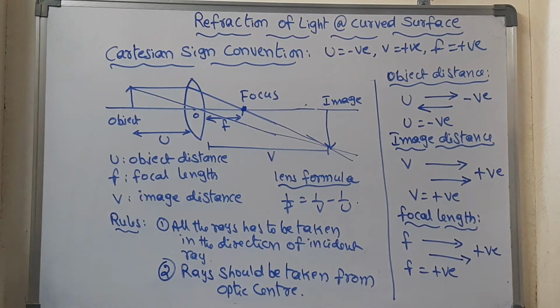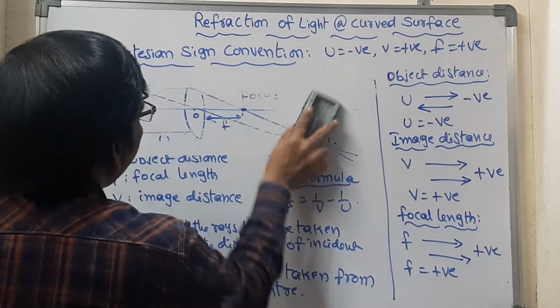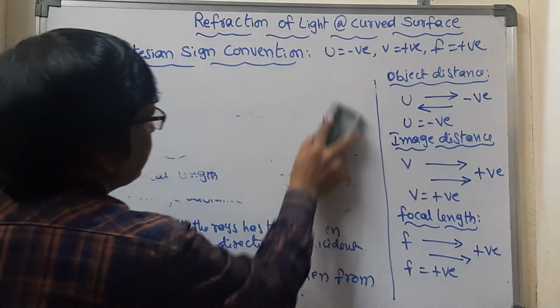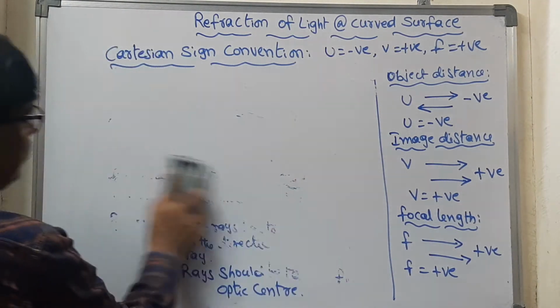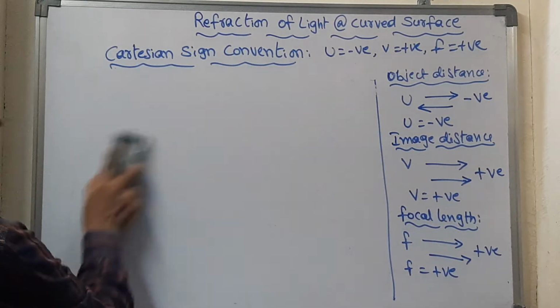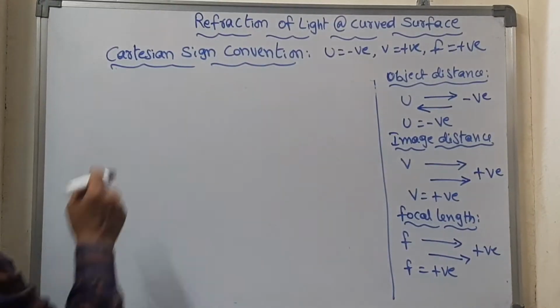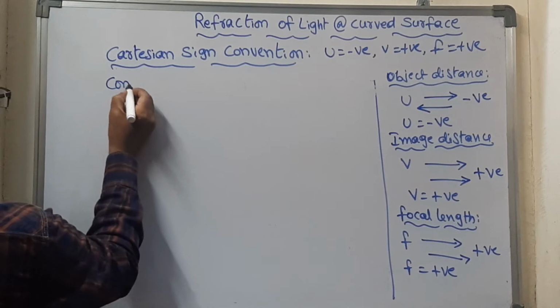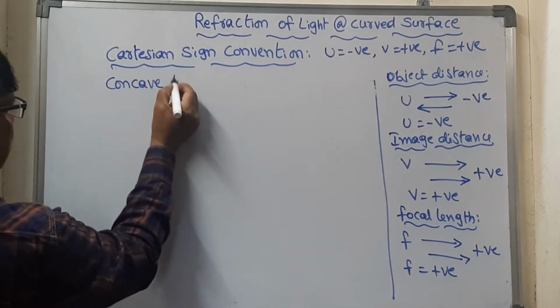Okay, completed. Now let us go with the convex. Take a screenshot. Okay, right. Now this is for a convex lens we have discussed. This is all for a convex lens. Now let us see this side, the concave lens. How is the concave lens? Now let us take the concave lens illustration also.